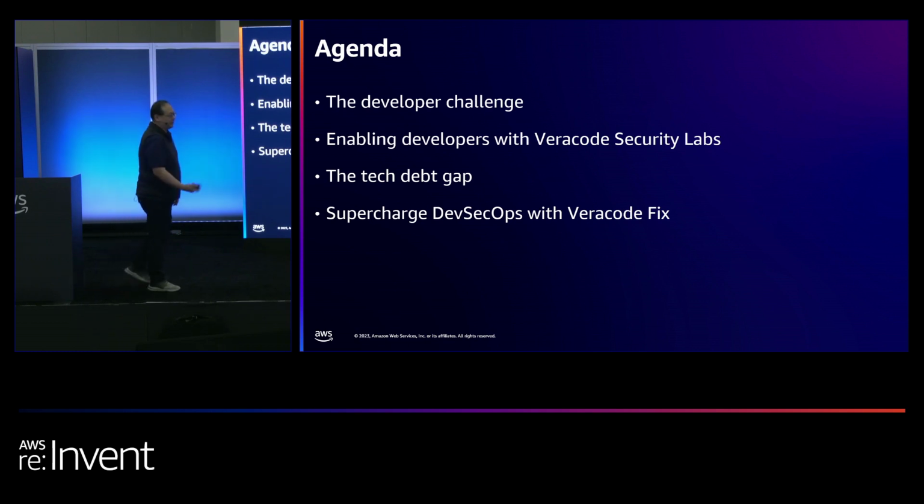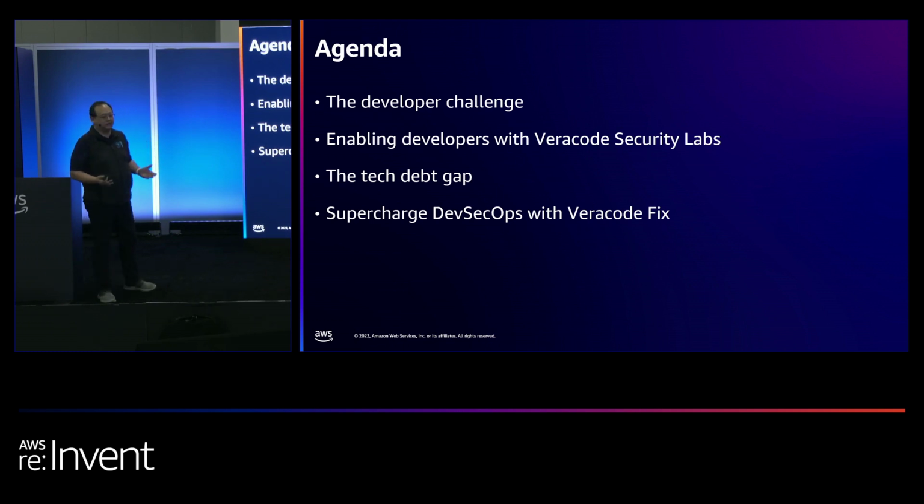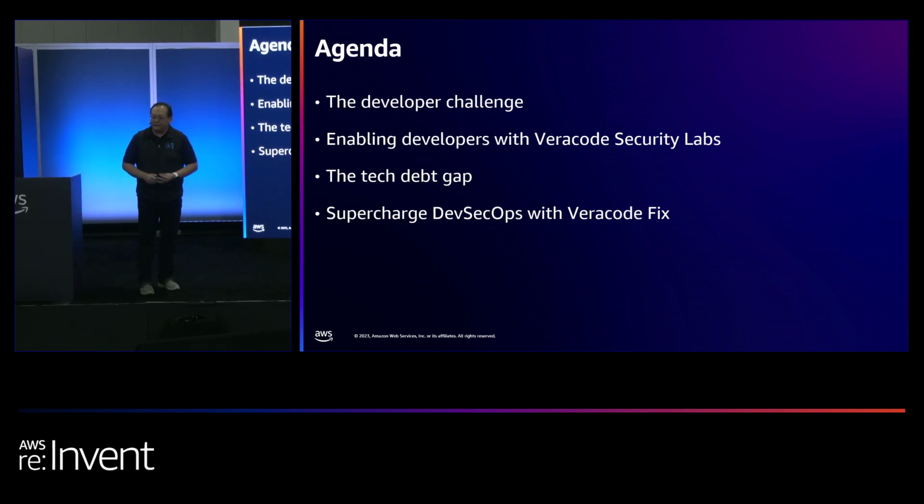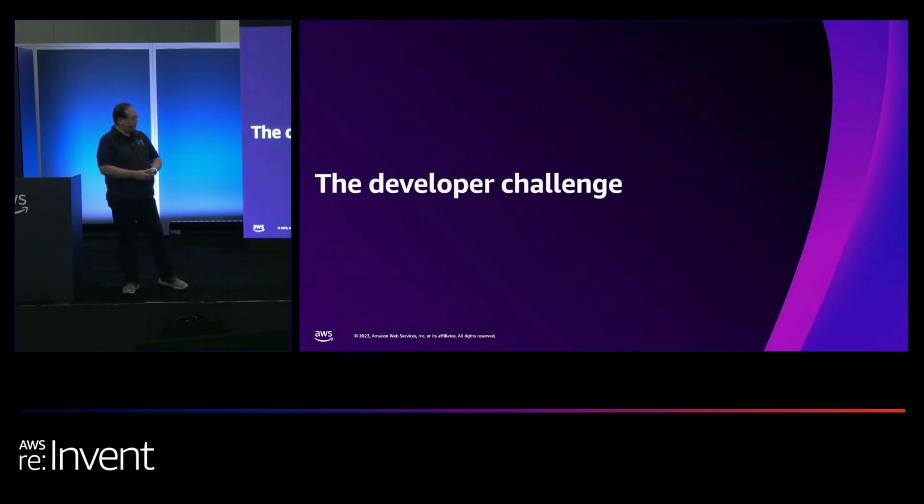But realistically, they're a huge important part of developing a proper AppSec program, right? And so without understanding the developer challenge, we can't really get to understand how we go about using AI or anything else to facilitate an AppSec program. So today I'll talk a little about that. We'll talk a little about how we can help overcome that challenge and help them accelerate and be part of that conversation. And then we'll go into what AI can bring to that at all, right? And so the developer challenge.